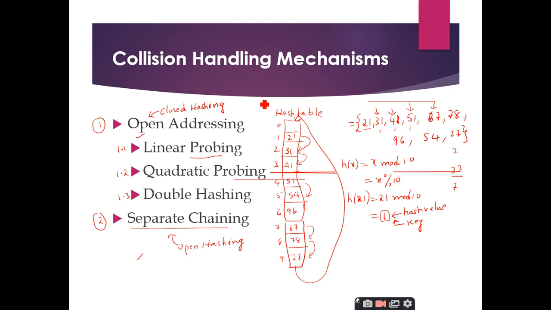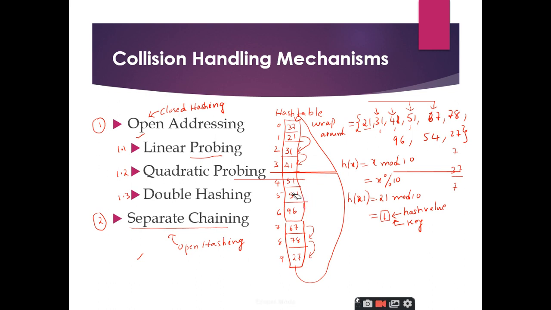This is called the wraparound configuration. Once you reach the end of the hash table, you can go and search from the first index also. That means the hash table makes use of the wraparound configuration. This is another important point you should keep in mind. So here the 37 is integers. Is it clear up to this one? Yes, sir. Clear, sir.